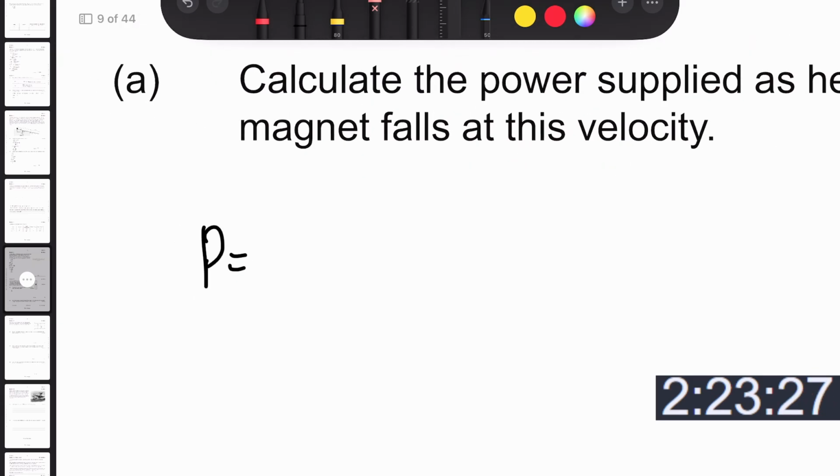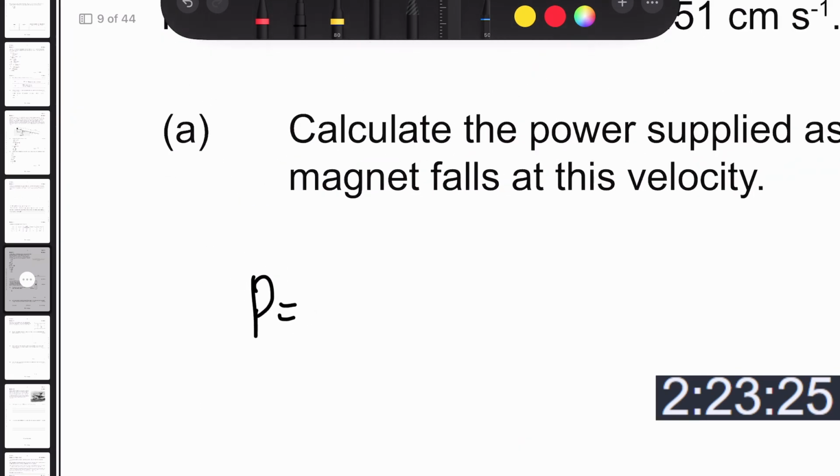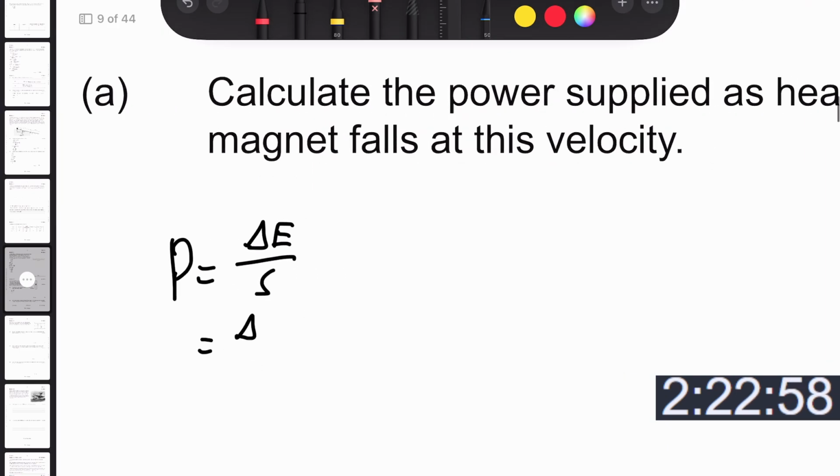Work is the change... power equals work, or change in energy per second, and then delta E,